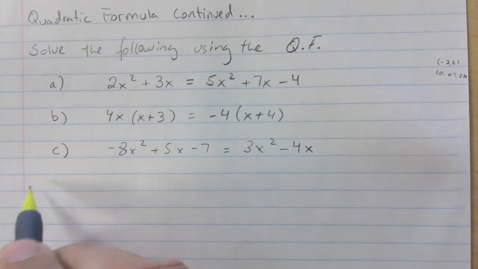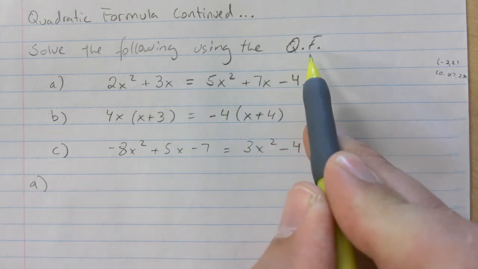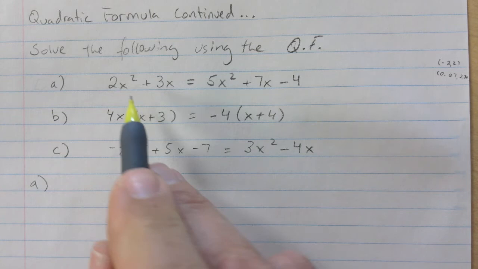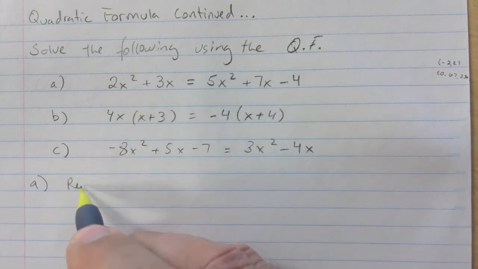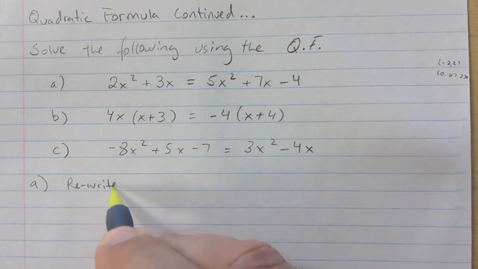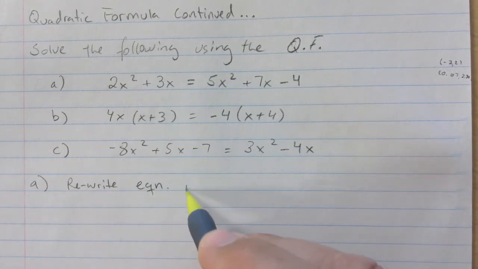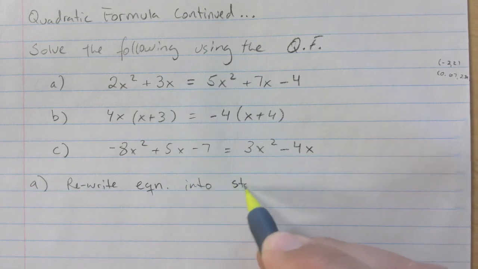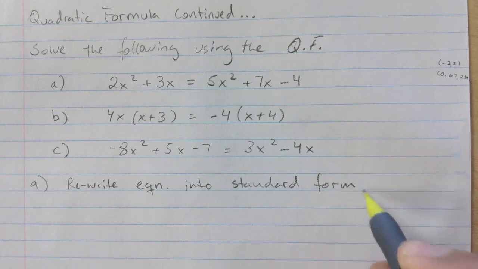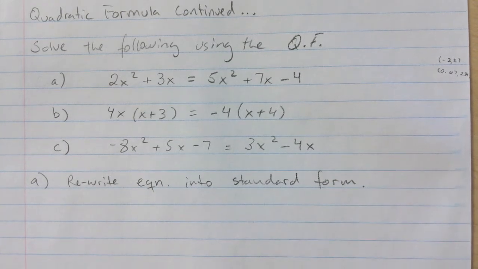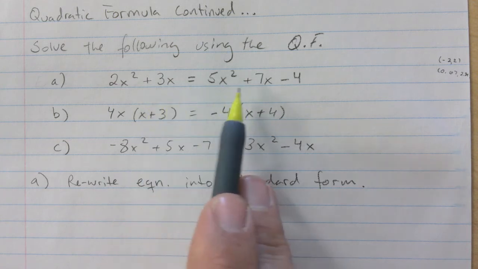So we'll do A first here. And it says to use the quadratic formula, so you don't have a choice. Okay. So what we will do is rewrite the equation into standard form. Okay. That's what you want to be doing